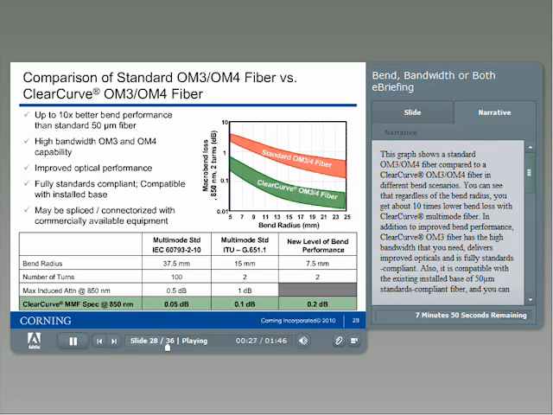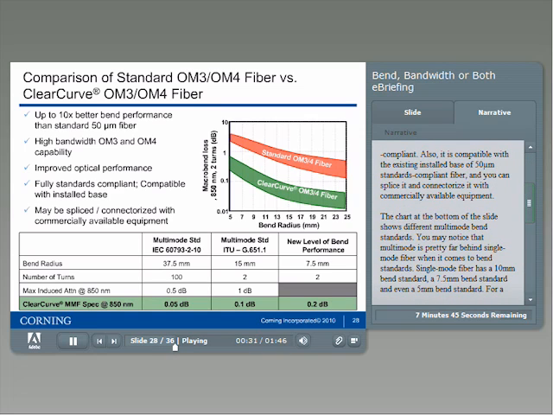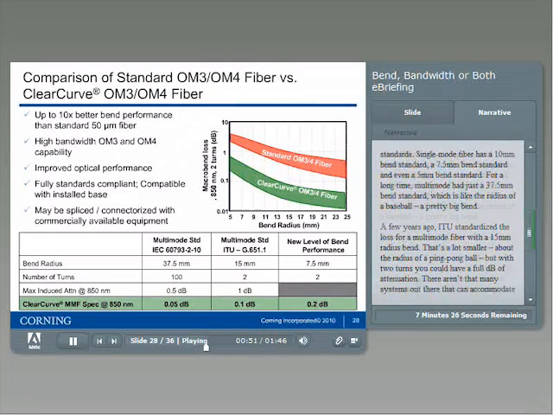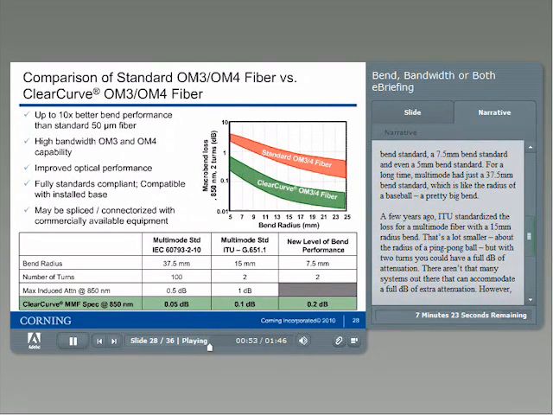Also, it is compatible with the existing installed base of 50 micron standards compliant fiber, and you can splice it and connectorize it with commercially available equipment. The chart at the bottom of the slide shows different multimode bend standards. You may notice that multimode is pretty far behind single-mode fiber when it comes to bend standards. Single-mode fiber has a 10 mm bend standard, a 7.5 mm bend standard, and even a 5 mm bend standard. For a long time, multimode had just a 37.5 mm bend standard, which is like the radius of a baseball, a pretty big bend. A few years ago, ITU standardized the loss for a multimode fiber with